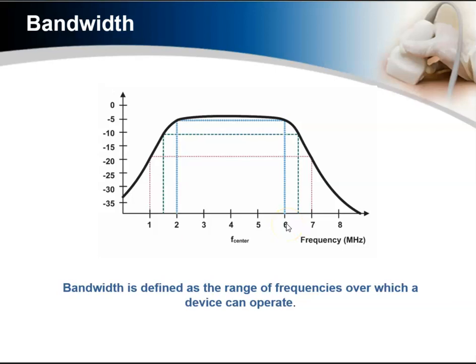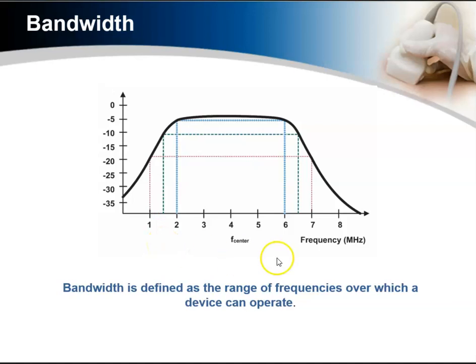And so in this case we can see that the bandwidth would be 6 minus 2 or 4 megahertz. With the center frequency at 4, we have both a bandwidth of 4 and a center frequency of 4. So we've dropped off 3 decibels for our bandwidth, but we could drop off more. So here is 9 decibels, and that would give us from 6.5 megahertz down to 1.5 megahertz, or a bandwidth